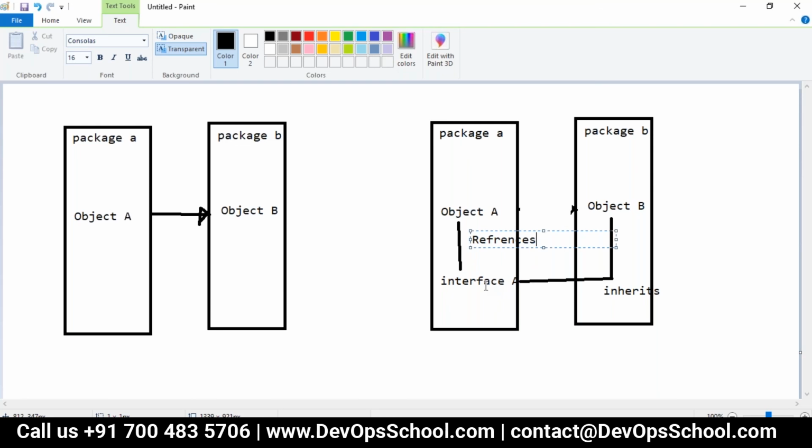The pure abstraction is an interface, right? So the dependency is inverted: object A and object B depend on the abstraction, not on themselves. That is basically the dependency inversion principle. Are you clear with this?